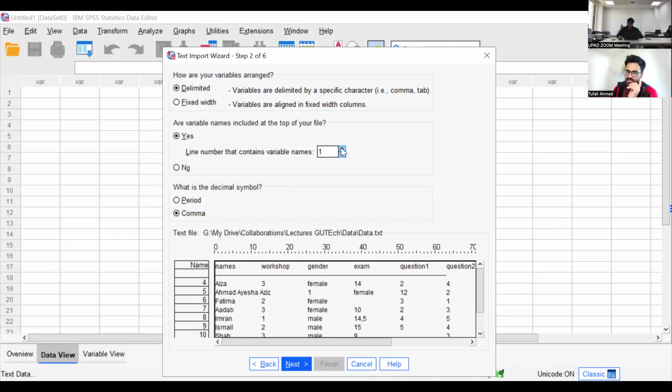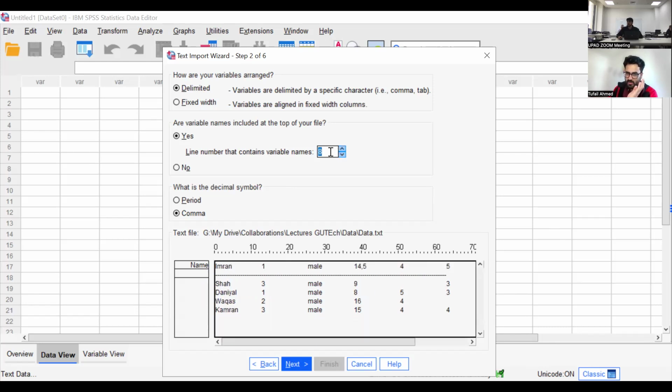Let's say our line number 2 is the variable names, so it will take line number 2 as your variable names. But you see here, normally it's case data, not variable data, in this box. So we always have to tell SPSS where our variable names are starting. And here in the text data, you have it on row 1, so we write row 1. In case it's in row 2, you say row 2. If it's in any other row, you define that row.